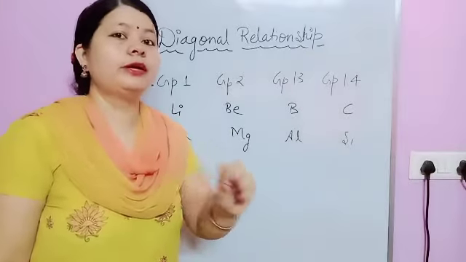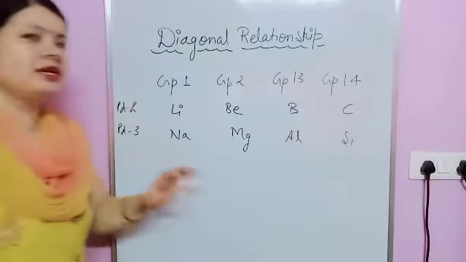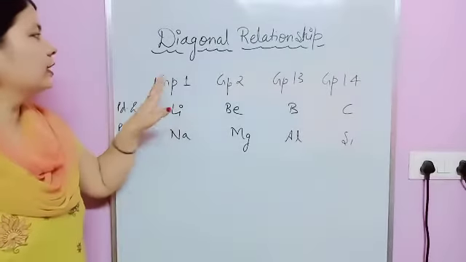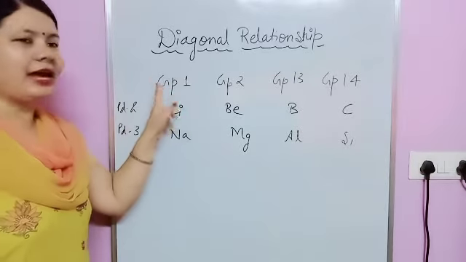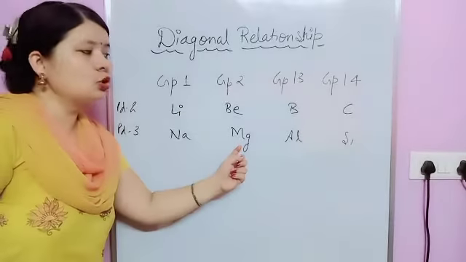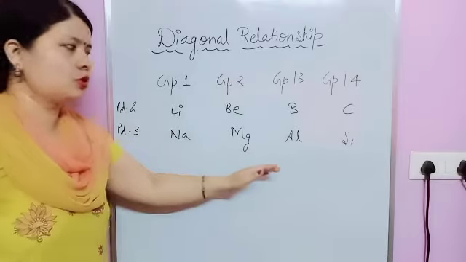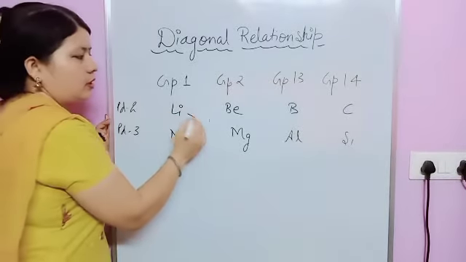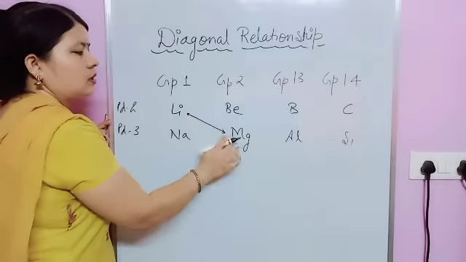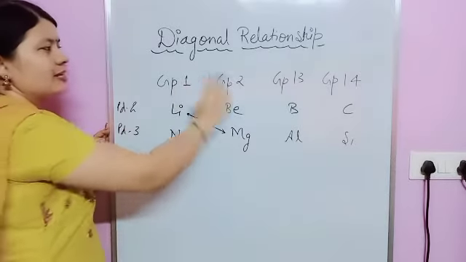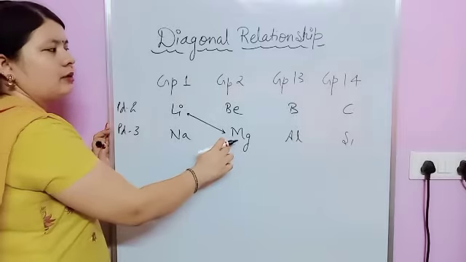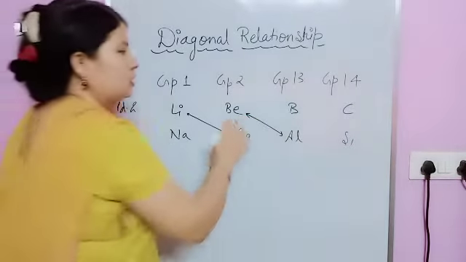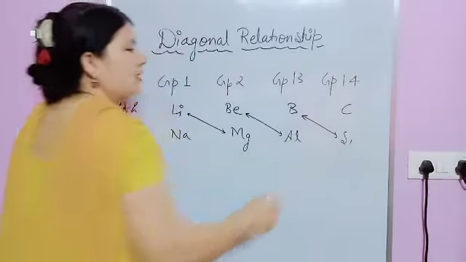Remember one thing, this point is important: just because of similar atomic radius, their size is almost similar. So they show similar properties. The members of group 1 elements show similarity with group 2 elements, that is, with the next group and next period. Like the group 1 member lithium shows a relationship with magnesium, the next group element and the next period element also. Just see, beryllium shows similarity with aluminium, boron shows similarity with silicon,